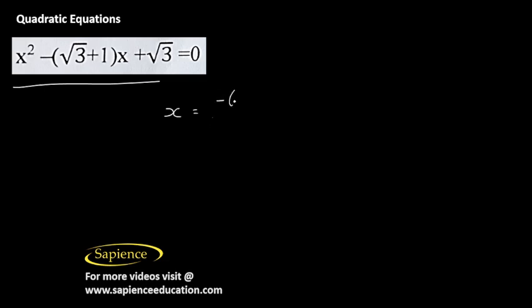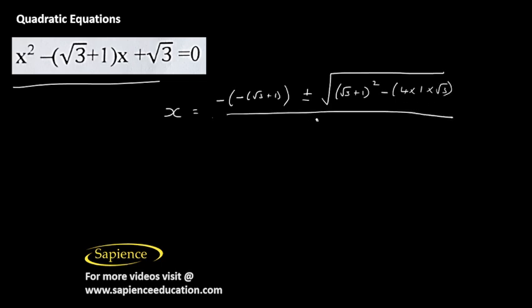So minus of minus root 3 plus 1. So minus b plus or minus square root of b square. Square of a negative number is positive, so I'll just write it as a positive number. Root 3 plus 1 whole square minus 4 into a is 1 and c is root 3 divided by 2 into 1, 2. Now we have minus into minus root 3, so that is, sorry, minus into minus, which is plus. So root 3 plus 1 plus or minus square root of